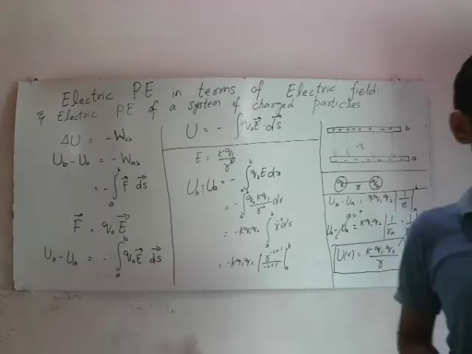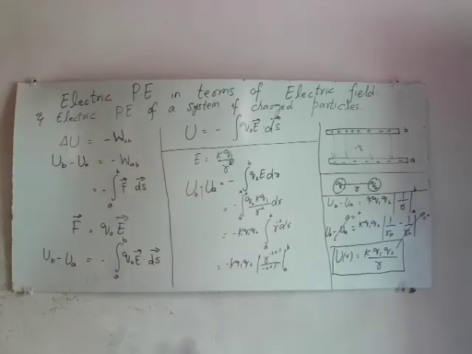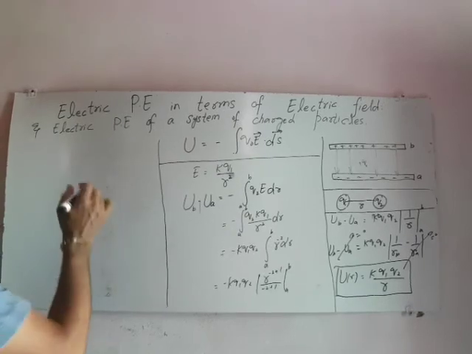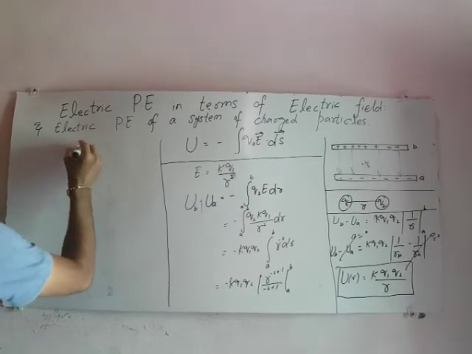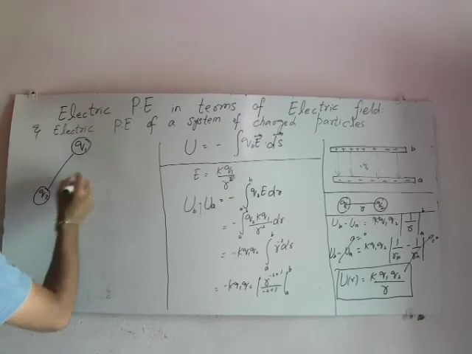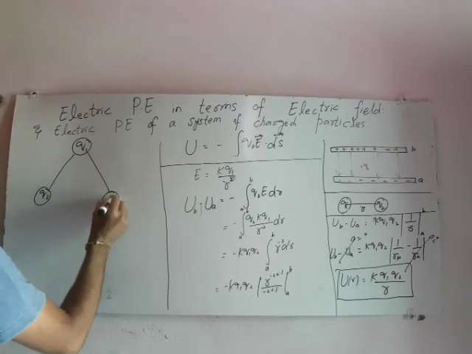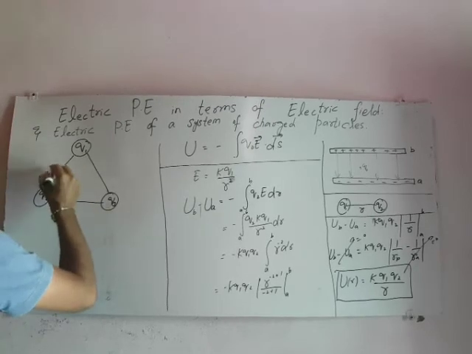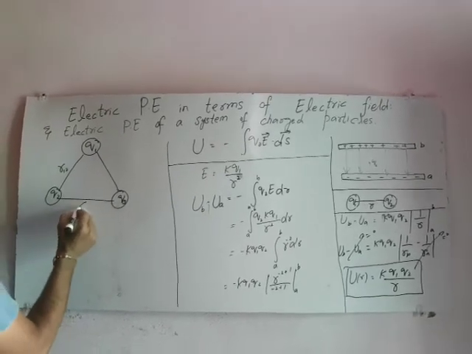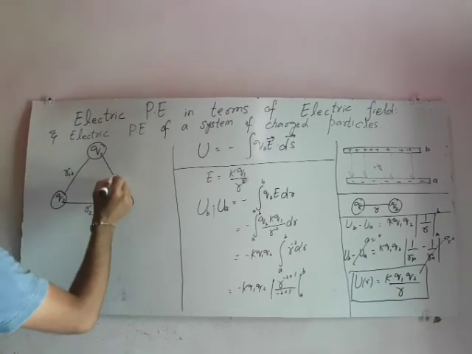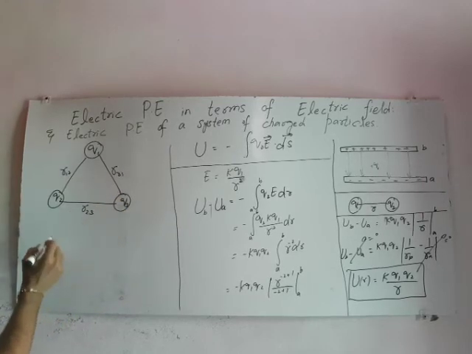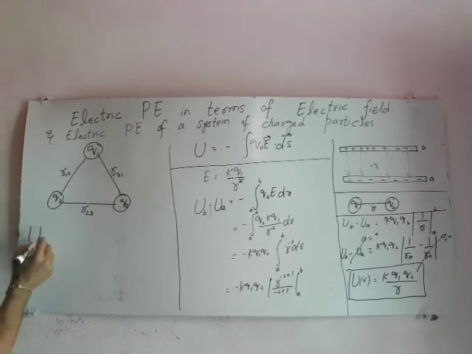Now if we consider a set of three charges, a system of charges like q1, q2, q3, the distance between them is r12 between 1 and 2, r23 between 2 and 3, and r31 between 3 and 1, then the expression for their potential energy will be